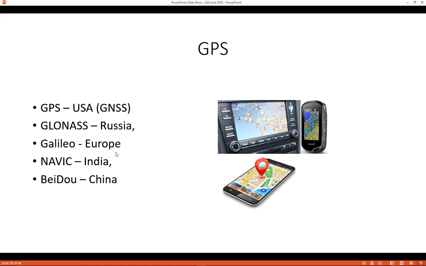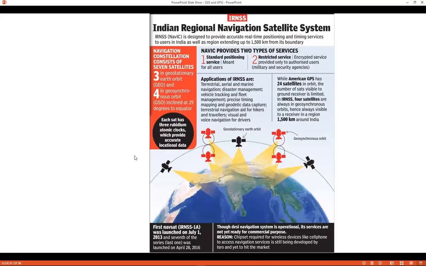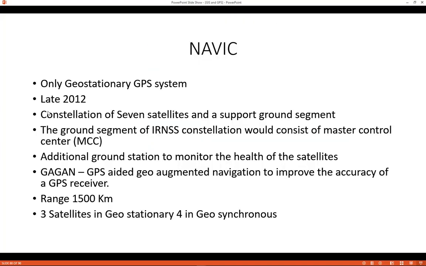So Russia has GLONASS, Europe has Galileo, India has NavIC. This is a local positioning system, it's only for India. It's not global. BeiDou is again Chinese, which Pakistan is using right now. So let us talk about NavIC. In NavIC, they have a constellation of